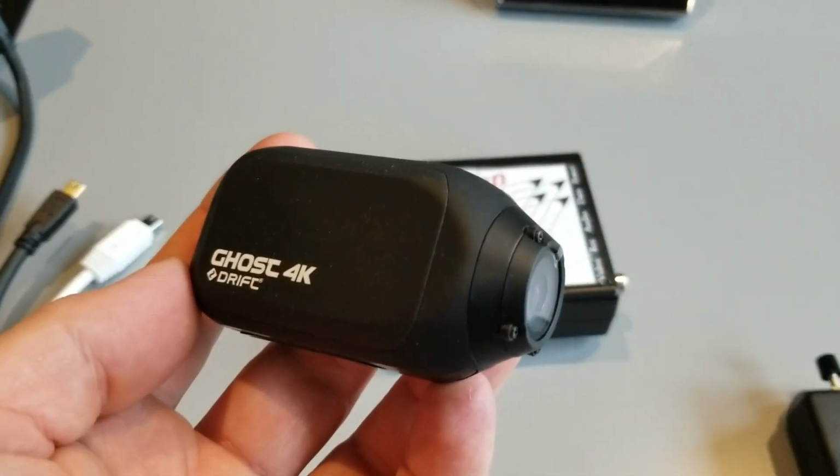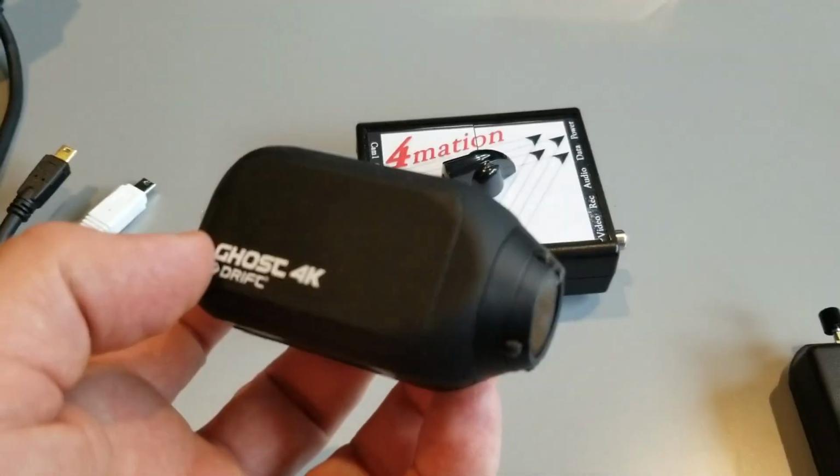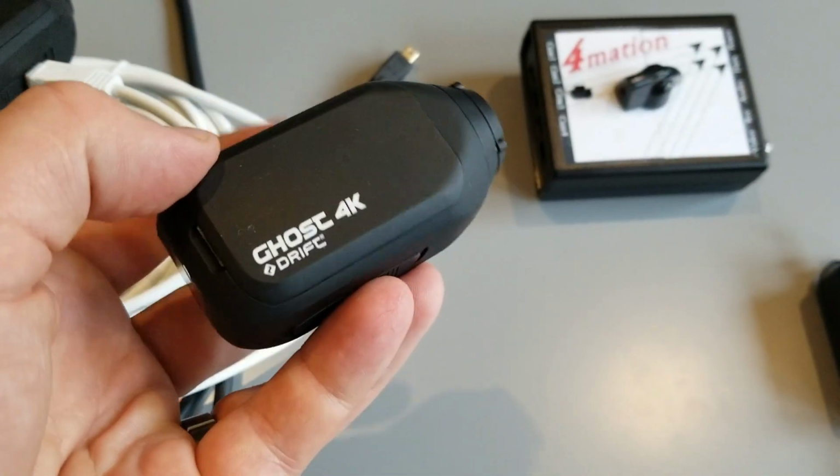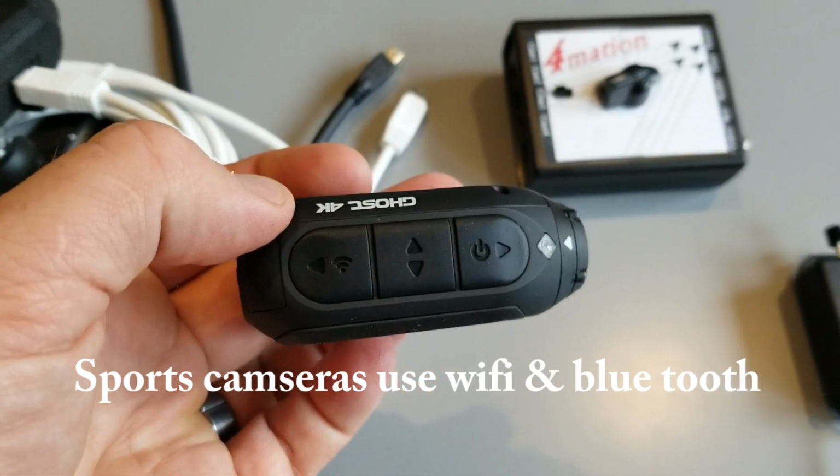This is the Drift Ghost 4K sports camera. This camera has features that are great for aviation. Just like all sports cameras on the market, it has Wi-Fi wireless control that you can control through an app